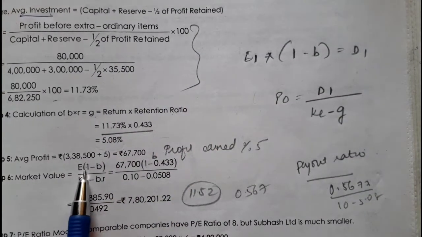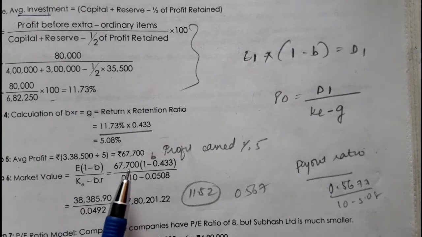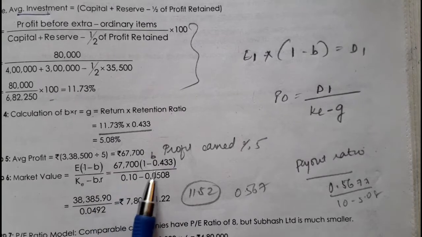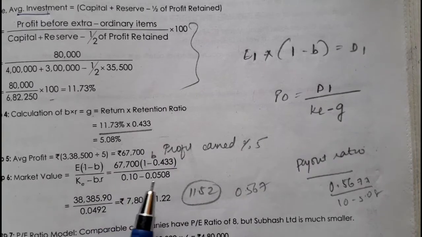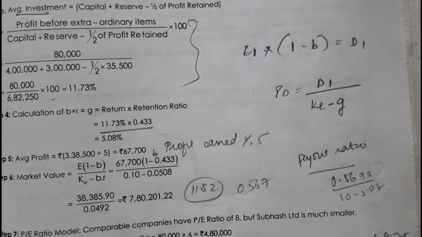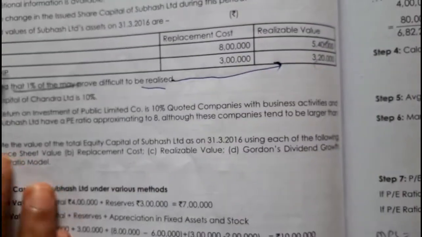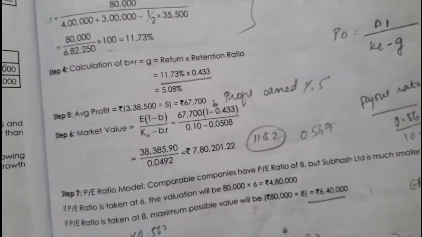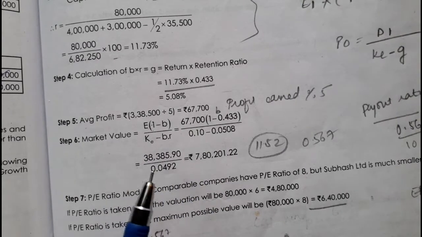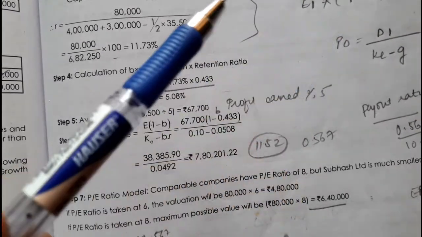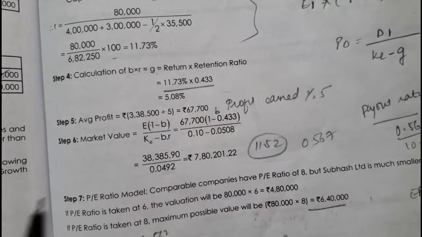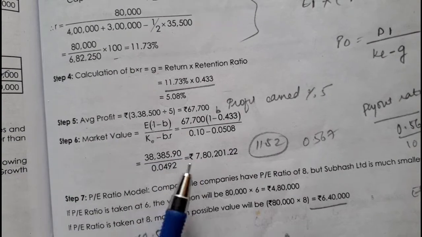So the earning at year end 1 is 67,700. We are considering it as the earning at year 1, because we have taken the average, and 1 minus B, that is KE minus growth rate. So KE is 10%, which has been given in the question, that is the cost of capital is 10% of Chandra Limited. So we have to take this KE, and the growth rate is 5.08, which we found. So we can find the Gordon's growth rate model by putting all the values into this formula. Later we'll get this value, but we are only told to find this.